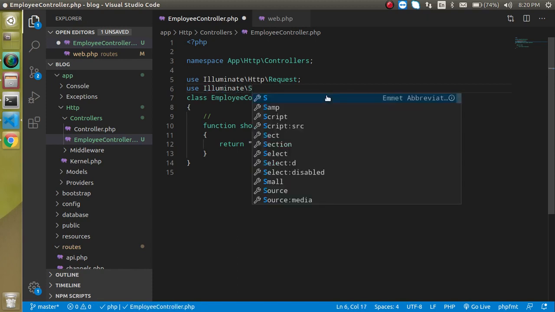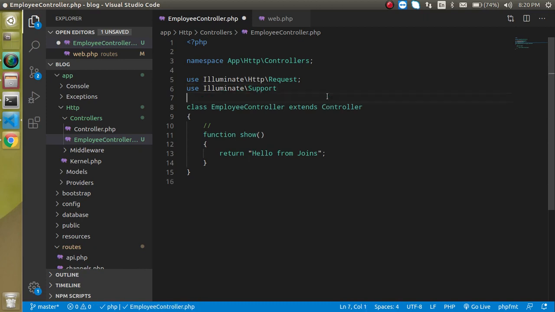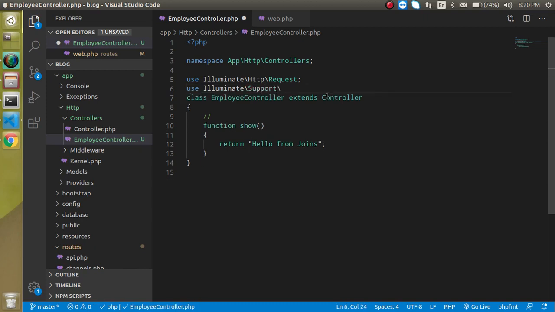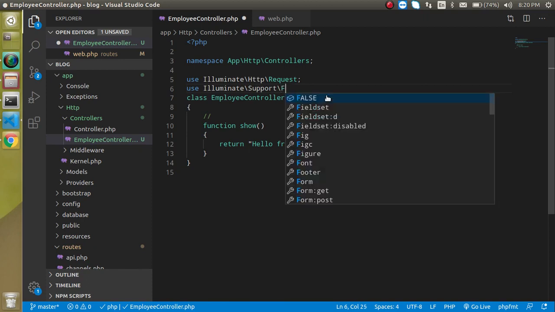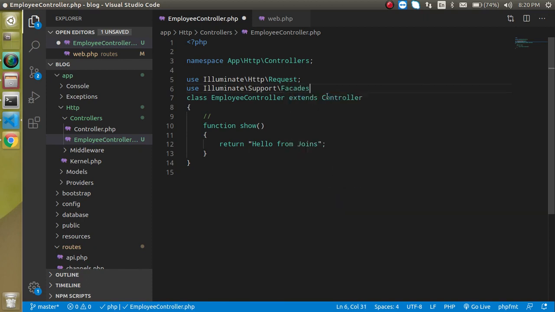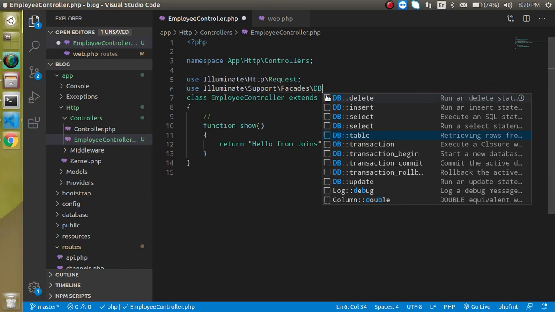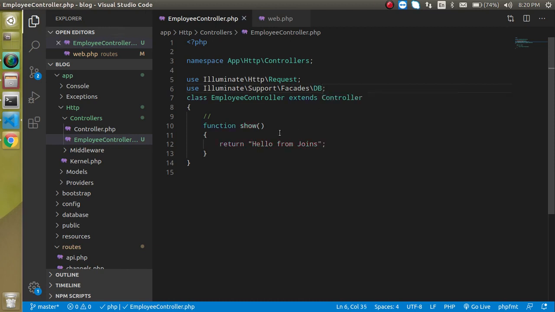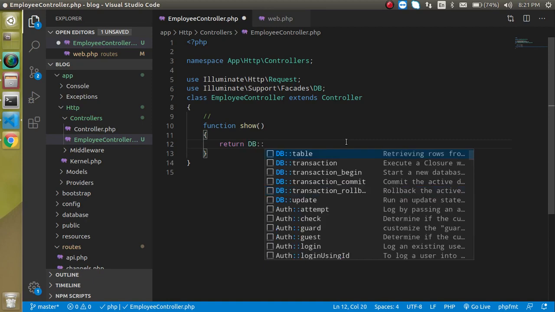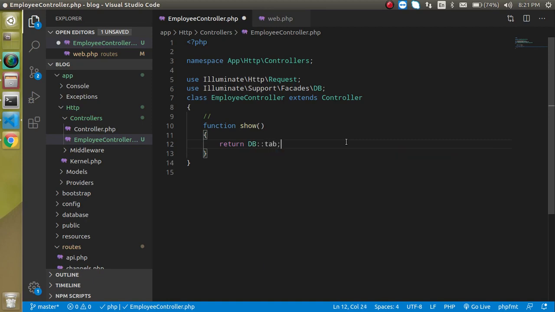Then just write a support, then just simply put here facade, then DB class. So now let's access our DB. First of all, let's put here DB colon, which is a table, and let's put a table name which is employees,